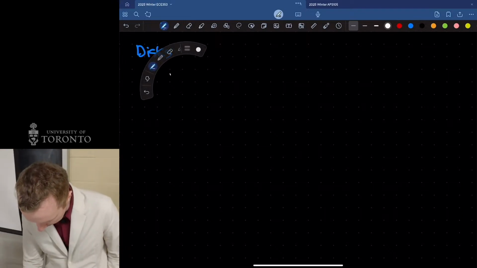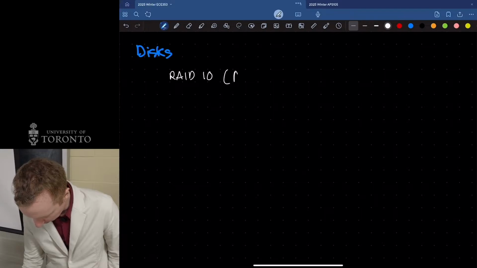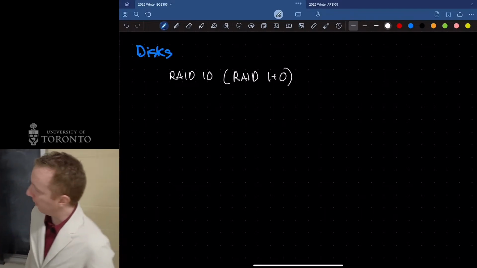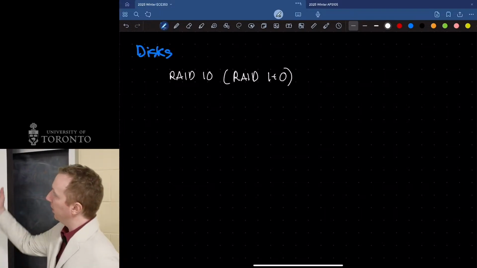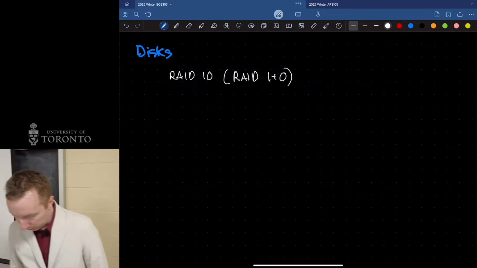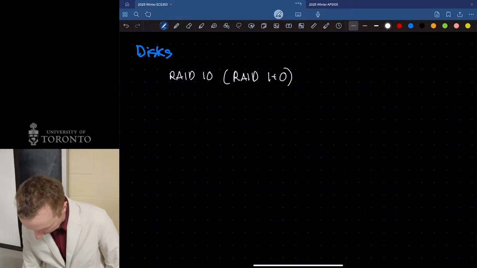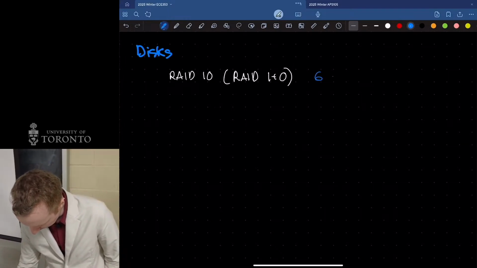A typical one is called RAID 10 or RAID 1 plus 0. It's called a nested RAID level, in this case like a stripe of a whole bunch of mirrored disks. There are 2 ways to nest them. Let's assume we have 6 drives.